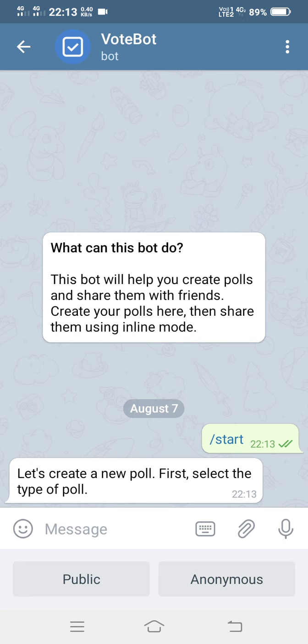Suppose 10 students have given poll, and if it is an anonymous poll, then I won't be able to see students' names. I will just get answers. And if it is public, then I can see student 1, student 2, student 3 and what they have polled or voted. So this is an interesting feature in this poll. So if we are creating it for students, we can go with the anonymous option.